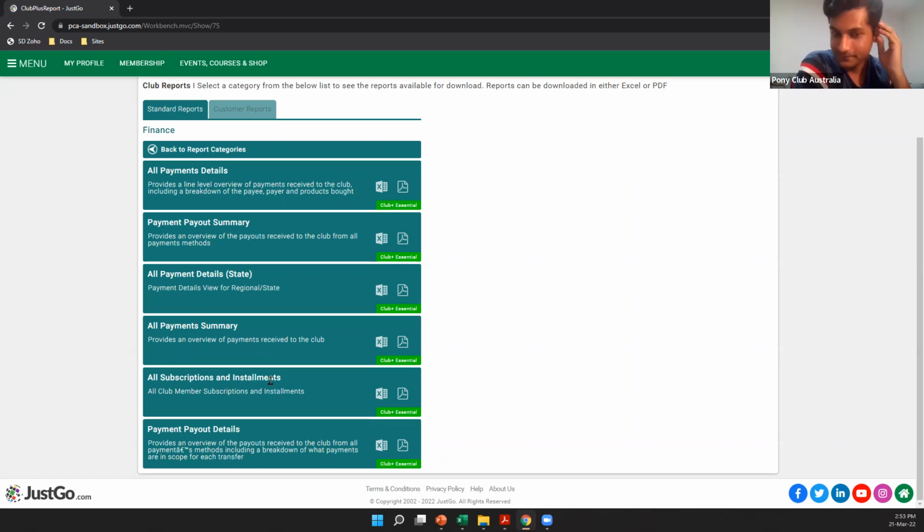Right, going forward. Awesome. Payment payout details. This one again is the line level. The payment payout summary gives you the totals of everything, so how much in total has moved from your Stripe account to your bank account. But this one gives you details: each payment that has moved from your Stripe account to your bank account, traced from the original transaction where money was collected from the member's account, in order to reconcile your bank